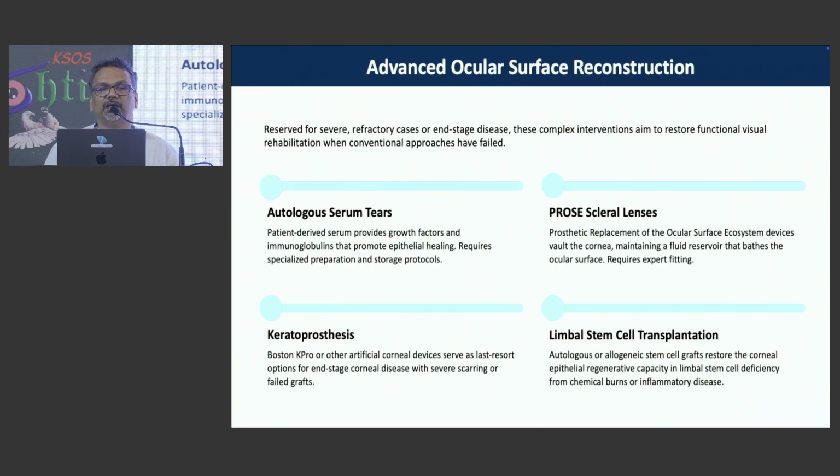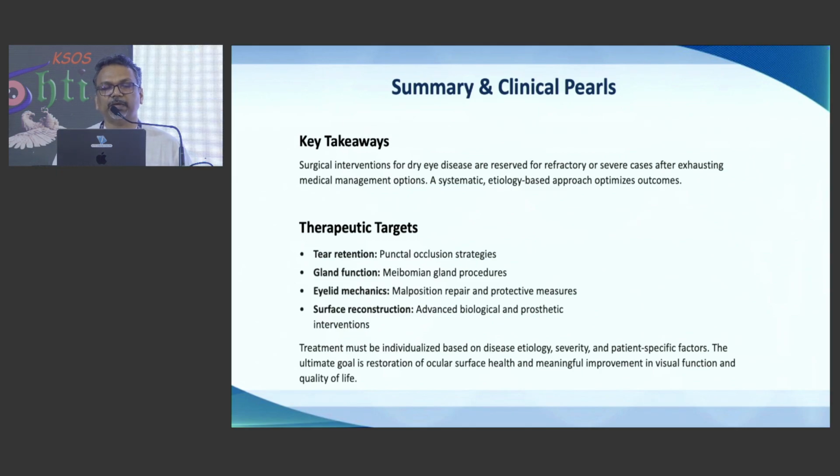So advanced ocular surface reconstruction is for those who are non-responsive to other measures, either by limbal stem cell transplantation, which can be autologous or allogenic stem cell grafts, to restore the epithelial regenerative capacity, and keratoprosthesis, in which all the other treatments fail. To summarize, the key takeaways are surgical interventions of dry eye disease are reserved for refractory or severe